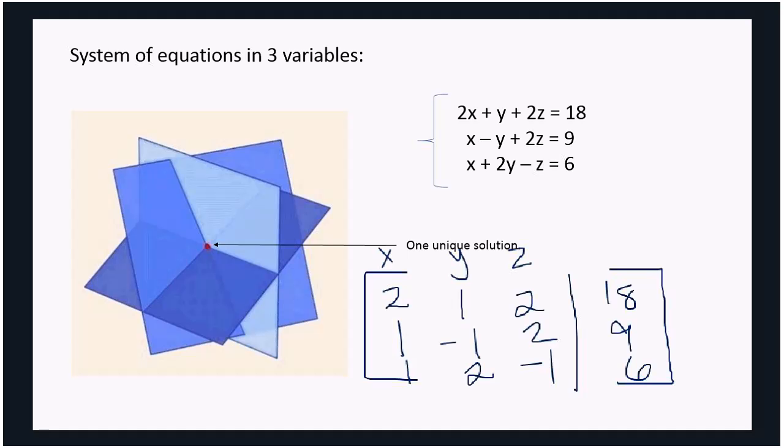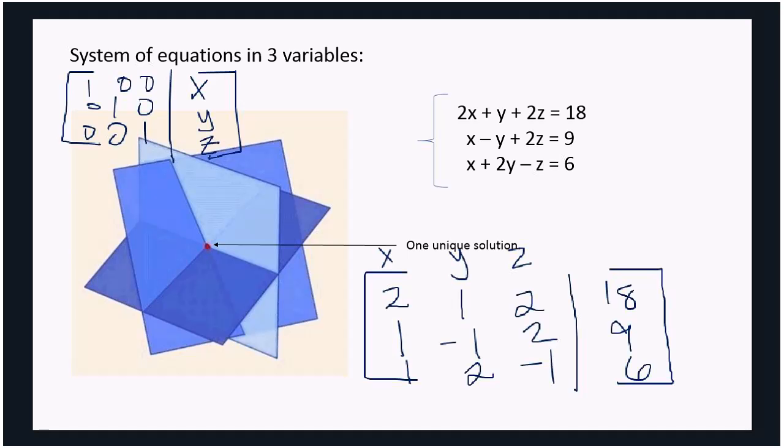What I'm trying to do next, through row operations, is reduce this into row echelon form. And that row echelon form is where you have ones across the diagonal, and then